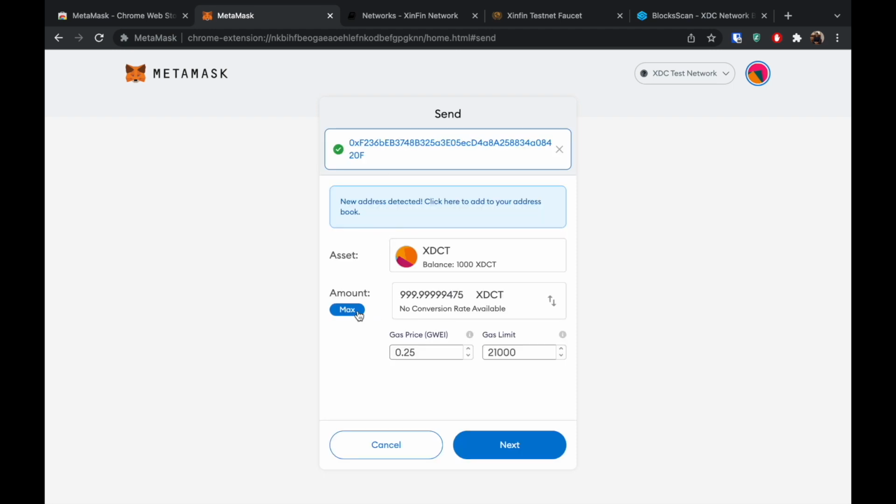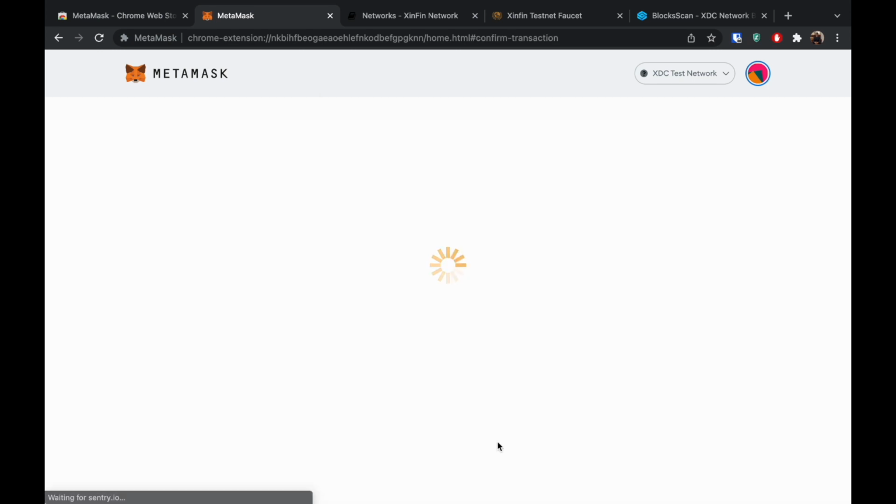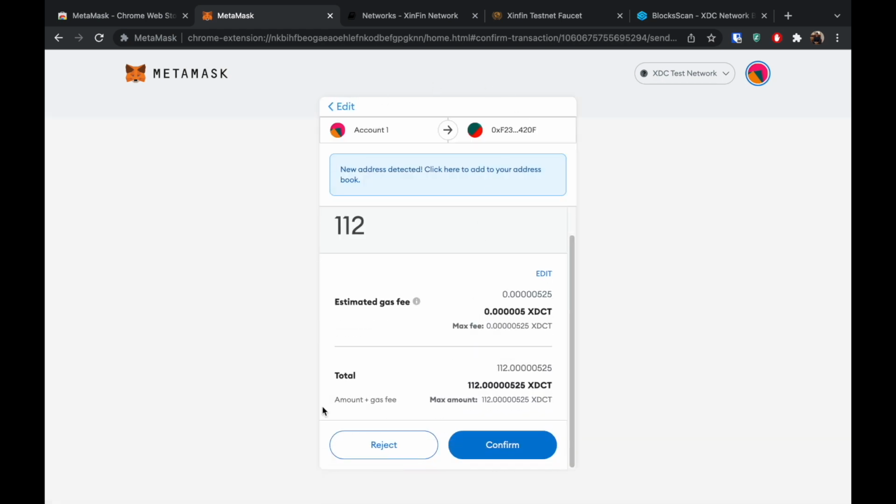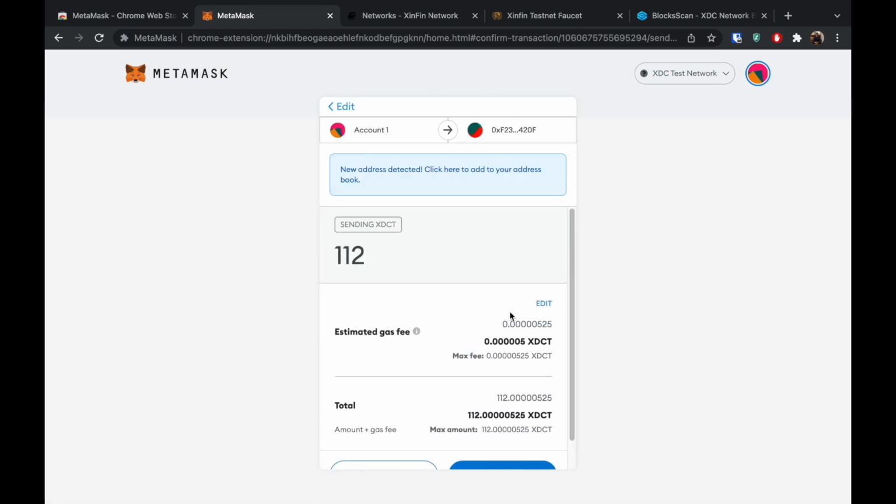So we can see how much money we can actually send in total. Because we have 1000 XDC, we can send a max of this much to the account we are sending it to. So for the time being, I'll send 123 or 124 or something like that. So I'll just send 112 XDC. Once I click on next, it'll create a transaction and it'll ask me to confirm this transaction. This is giving us a lot of information where it's telling us that I am sending 112 XDC from my account number 1, which is the account I have here, to another account which starts with F23 and ends with